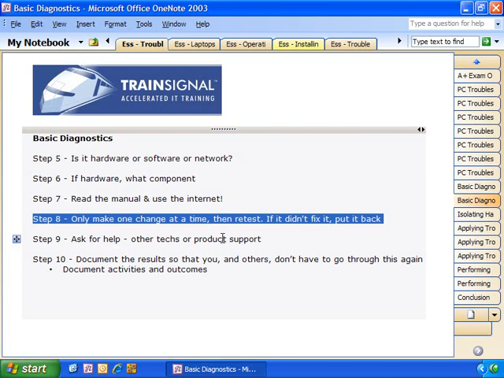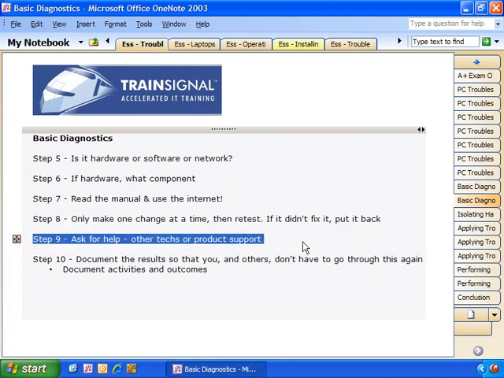All right, step 9, ask for help. Ask other techs or ask the product support for the product. So don't spend 3 days trying to figure out why the computer won't boot. Ask other people in your organization. Call Dell tech support or Windows tech support or somebody, because those tech support organizations see problems constantly. They can fix that problem in hopefully an hour or a day or whatever it is,